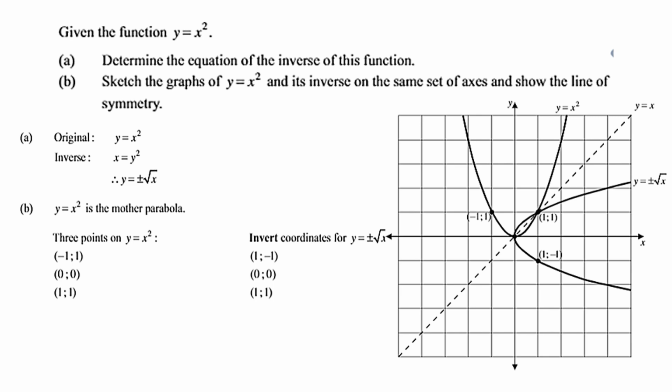So to sketch the original function y equals x squared, you follow the rules of the turning point, and that the y-axis is the axis of symmetry. So you need to remember the format of that, or you can use a coordinate system to do that. And now the inverse, just remember, x and y values must switch. And of course, also very important that you must remember the line y equals x, the dotted line, is the line of symmetry. So they will meet at the point 1 and 1, but the other point, negative 1 and 1, will just switch to positive 1, negative 1.